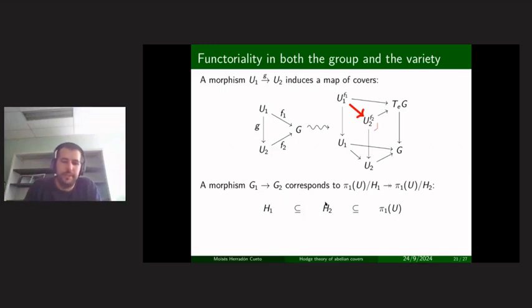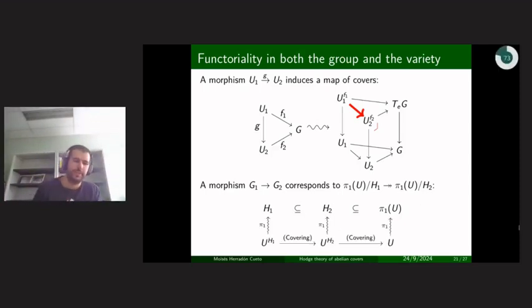But if you have epimorphisms, you're looking at the kernels, and one quotient will be a quotient of the other. And the correspondence between subgroups of pi 1 and coverings will tell you that the larger quotient gives you a cover of the smaller quotient's cover. So you get a tower of coverings. Or you could think of the correspondence goes by taking the universal cover, quotienting by H1, you get U_H1, quotienting by H2, you get U_H2. So either way, whenever you have G1 mapping to G2, you get a corresponding map of covers.